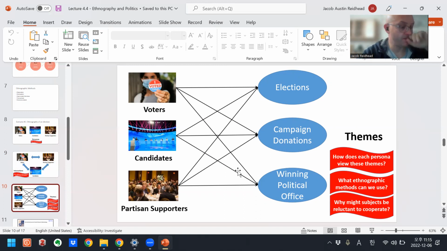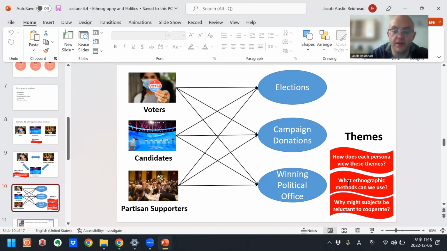It might validate them as an individual, as a politician. It might mean that they have better prospects in future elections. For partisan supporters, their candidate winning political office means maybe they anticipate some influence. So you can pick one of these things and think about how each persona might view this theme differently.